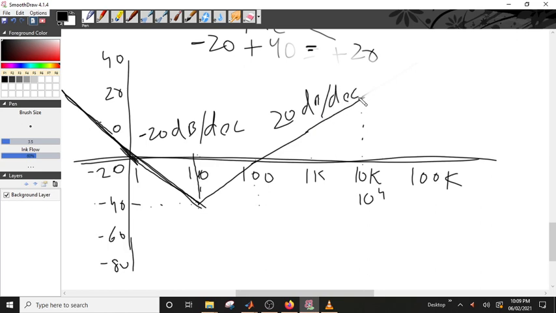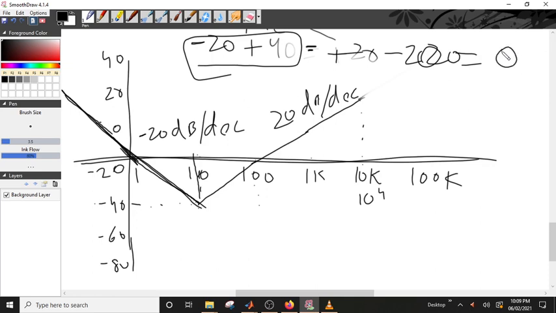And after this we have 3 lines. So minus 20 plus 40 was 20, and the third line is minus 20. So plus 20 minus 20 will become 0 dB. So it should stay 0 after all. Okay, so if it was, let's say, 40 and then we subtracted minus 20, then it should go on like minus 20 from there. So we should just add them graphically,